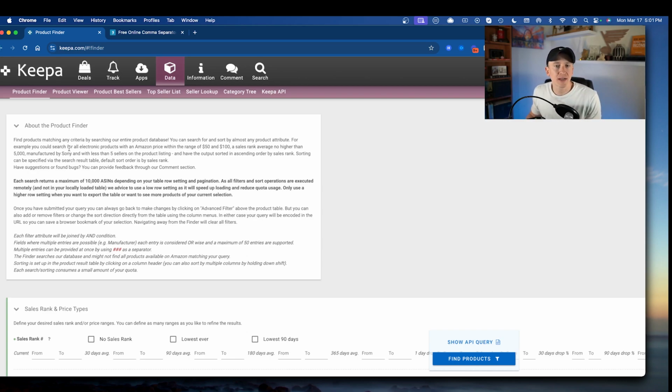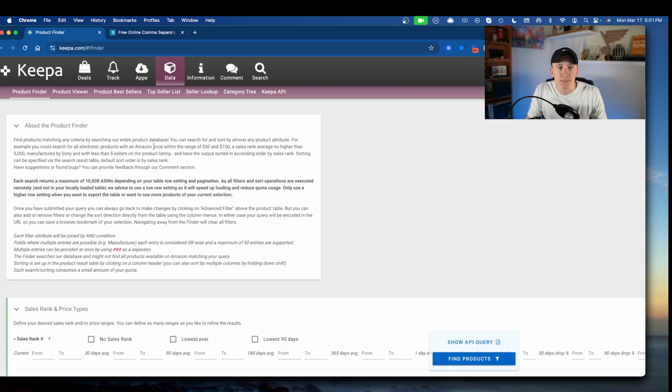Now, that doesn't mean that I never have sold on a listing with just 1 or 2 sellers on them. That happens all the time. But if you're trying to really look at the opportunities that exist with Keepa, let's start with ASINs that have a lot of sellers, because then we can use that as a good foundation for building our future